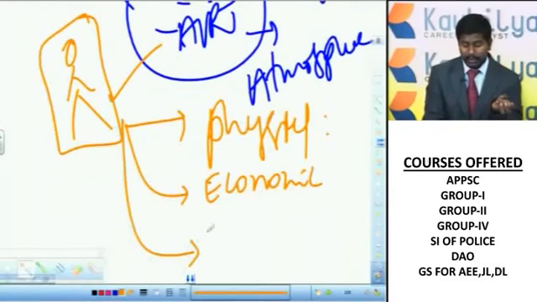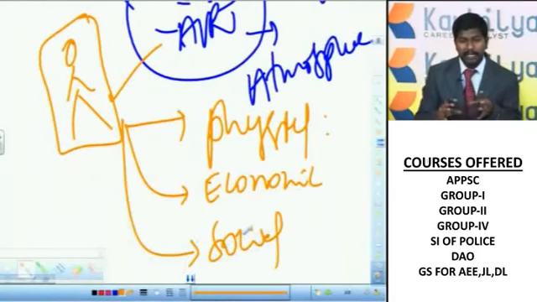And finally, social geography. That means the different types of races, the evolution of man, the evolution of religions, and finally the distribution of the population. The distribution of the population in different continents of the world, the distribution of the population in different states of India, and the distribution of the population in different districts of Andhra Pradesh. So that is about social geography. In this social geography, apart from the distribution of the population, we will also study some demographic attributes like the sex ratio, population density, infant mortality rate, maternal mortality rate, and all these things.